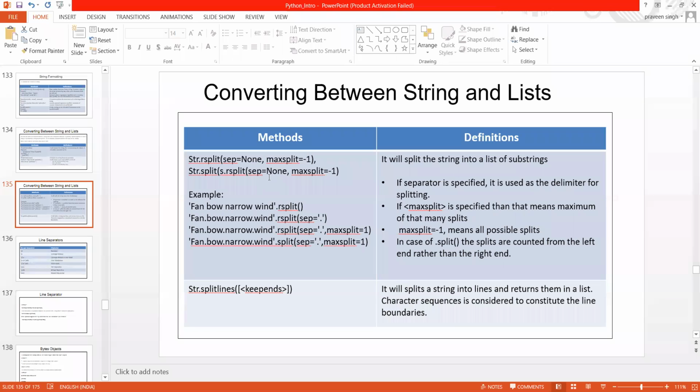If you don't specify anything, it will behave like the normal one. If you specify rsplit, then it is going to read from the right-hand side.